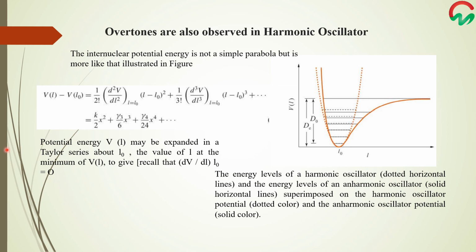From this equation, the harmonic oscillator approximation predicts that there will be only one line, by keeping only quadratic terms in this Taylor expansion. But there are some lines of weaker intensity at almost integral multiples of the fundamental lines, and these are called overtones. These lines are not equally spaced, as you can see, unlike in the harmonic oscillator, where they are equally spaced. Here the separation decreases with increasing frequency.